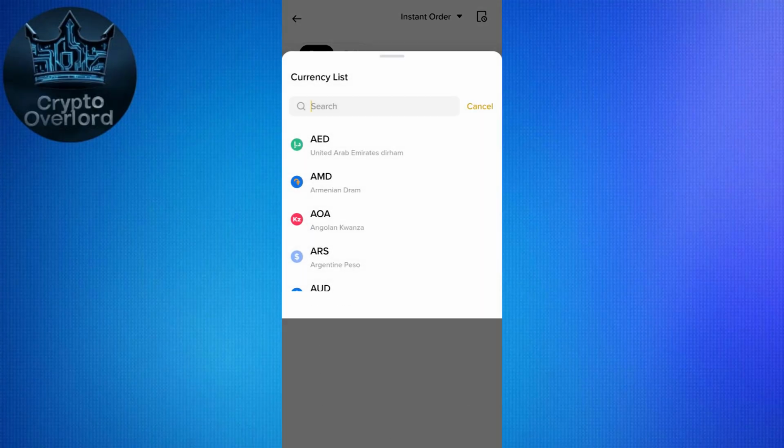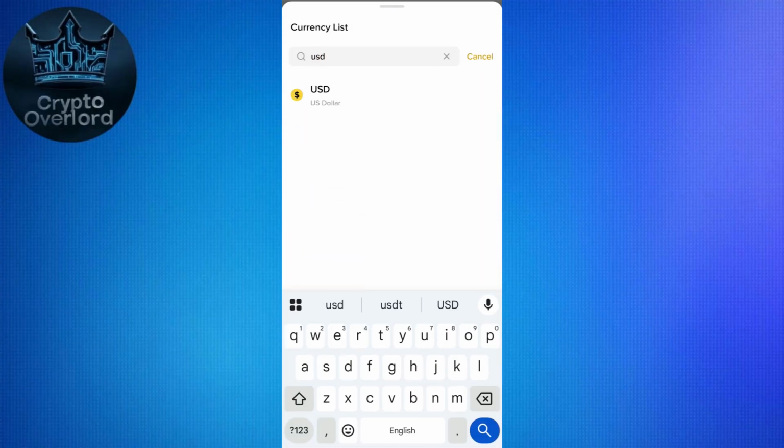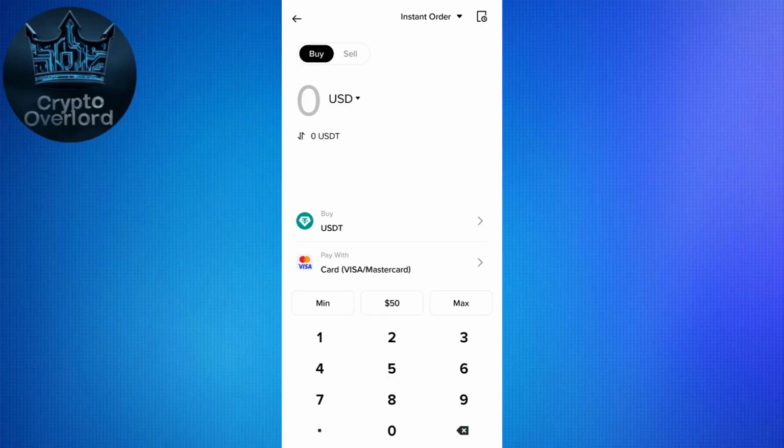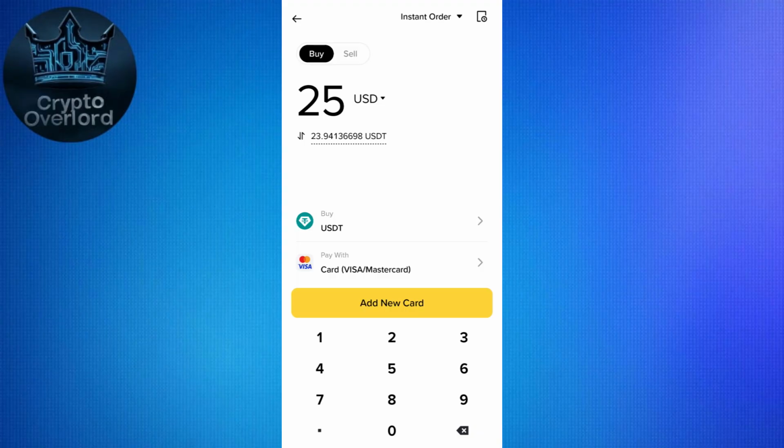Now tap on this drop down menu and select USD here in the section. Now enter the amount of USD which you want to basically use in order to get the USDT, and it is going to show you the equivalent amount of USDT that you are going to get. Now this is we are buying, so you need to select it